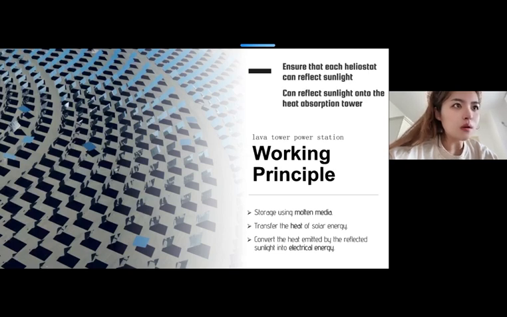The working principle is to use tens of thousands of heliostats facing the center height absorption tower. The heliostats are arranged around the high absorption tower in concentric circles. When arranging, we ensure that each heliostat can reflect sunlight to the high absorption tower. It generates high energy by collecting sunlight in a high temperature storage tank, ultimately converting it into